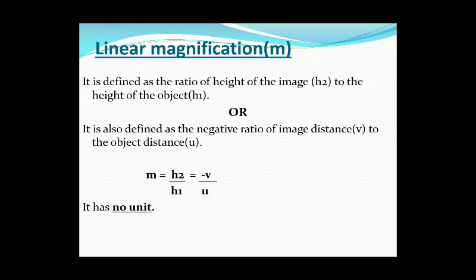If you compare, in the mirror formula, positive sign is there, and in the magnification minus sign is there in terms of V and U. So this is a shortcut or a hint to learn, because when you will be learning about the lens formula, that will be different. Lens formula will be 1 upon V minus 1 upon U equal to 1 upon F, and magnification will be simply V upon U, opposite sign. And as in the numerator and denominator, same nature of values are there, so it has no unit.